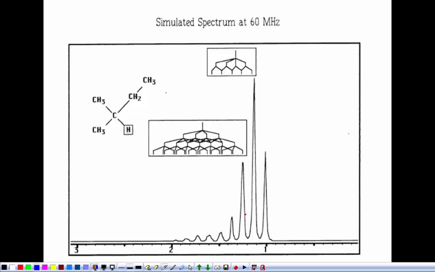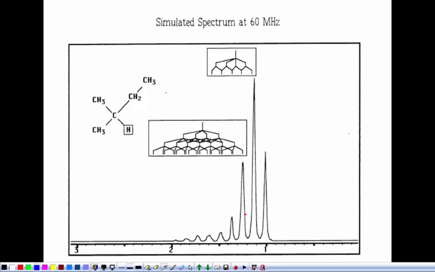Once those two peaks get so close together that their distance is roughly the same as the coupling constant, the spectrum is no longer predictable. It's not first order; it's what we call a second order or non-first order spectrum. So this is the much older 60 megahertz instrument. This would have been the pattern. There's no way we can interpret that pattern. If we look at those peaks, we don't even know necessarily whether that's one or two or three sets of peaks, because it doesn't fit our rules about